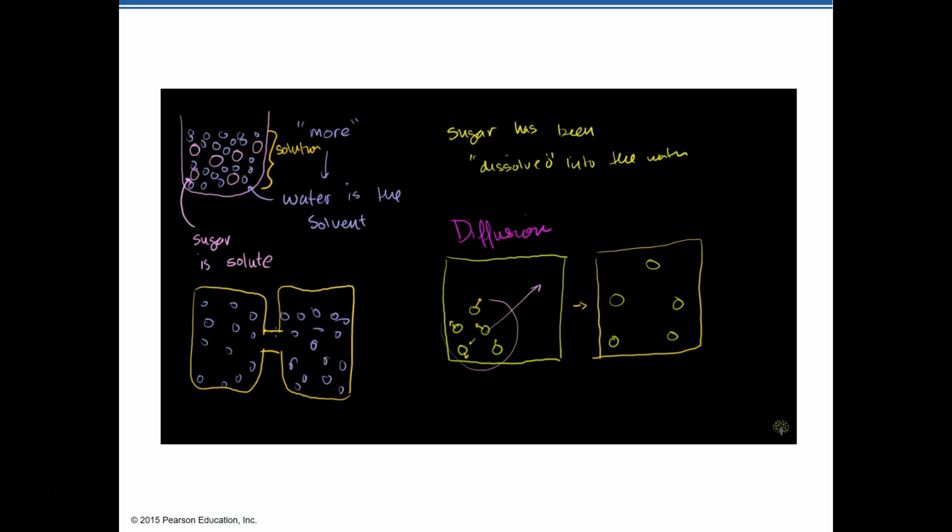So if I just had water molecules here, they're all bouncing around in random directions. And so the odds of a water molecule going this way are equivalent to the odds of a water molecule going that way, assuming that both sides have the same level of water. Otherwise, the pressures would be different. But let's say that the top of this is the same as the top of this. So there's no more pressure going in one direction or another. If for whatever reason a bunch more water molecules were going in the rightward direction, then all of a sudden this would fill up with more water, and we know that isn't likely to occur. So this is just two containers of water.